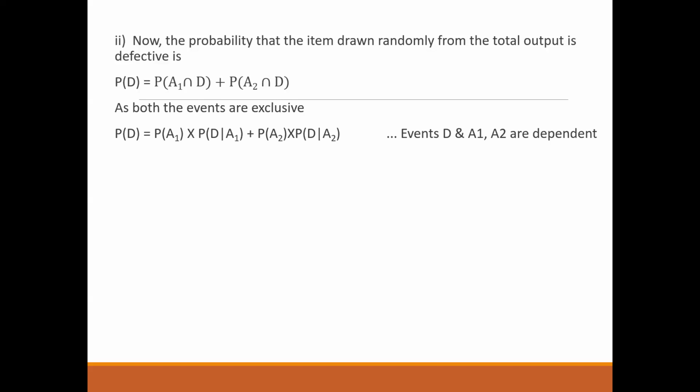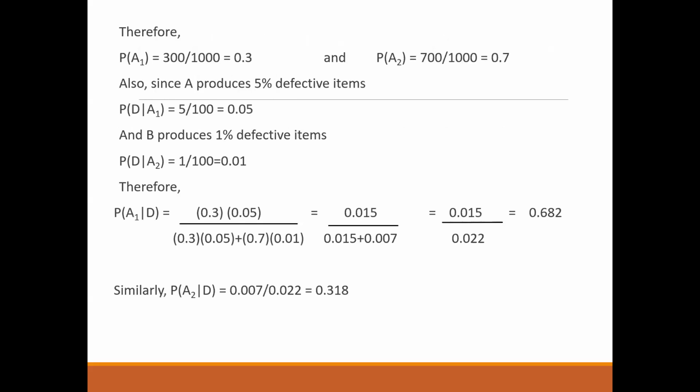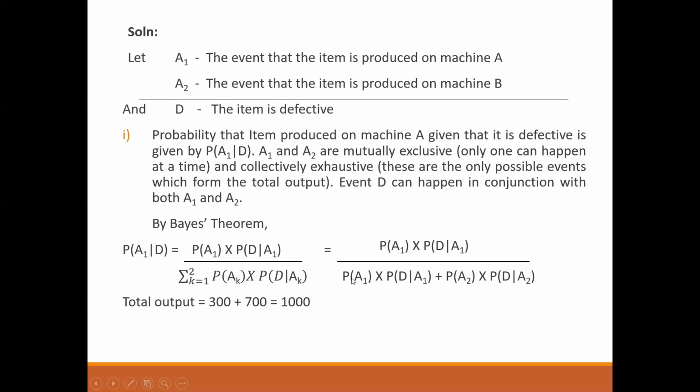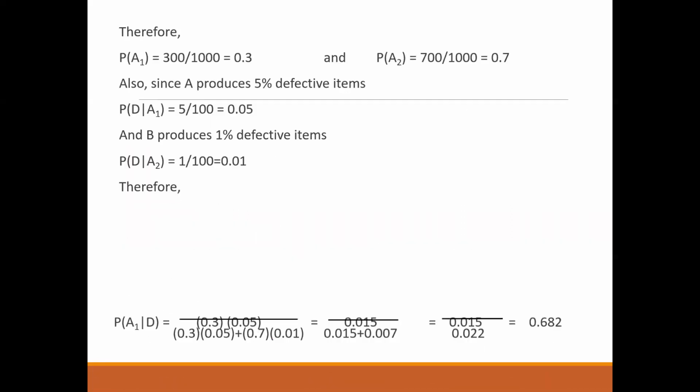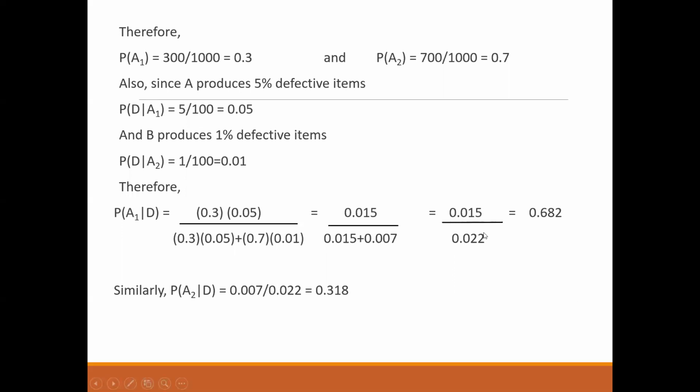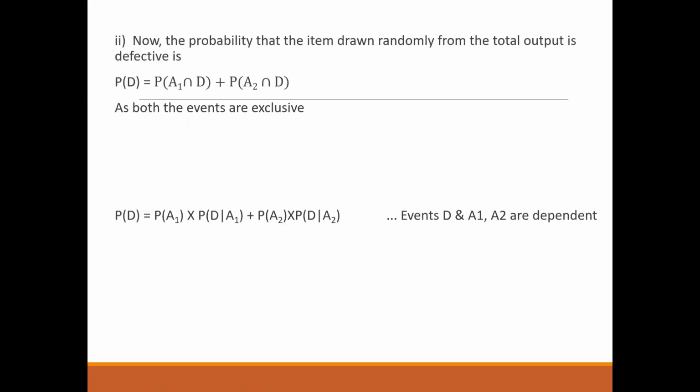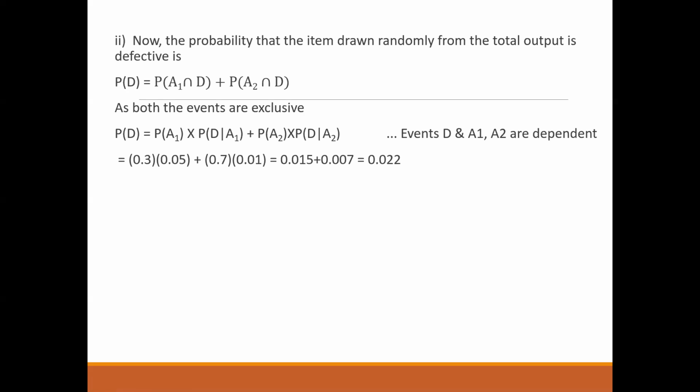Now if you look at this formula which we are using for dependent D, A1, A2, and in the previous example also, coming to the formula, yeah, this one. The one which is in the denominator is the same. So what we got was 0.022. Even in this case, you can see this denominator here, 0.022 was the answer. So when you replace the values in this formula, you're going to get 0.022 as the answer for this given problem.